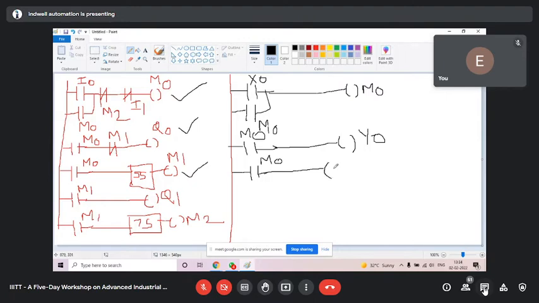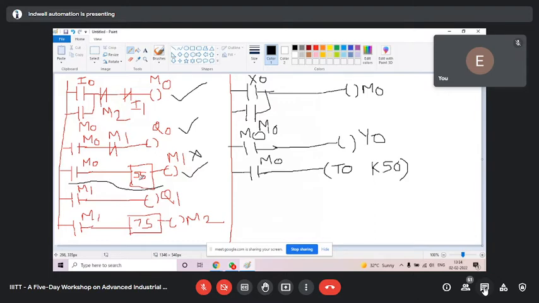Timer we take in coil. You see, this is the first timer. So I take T0, not TO, T0 space K50 for 5 seconds. What should I write? Yes, K50, very nice. K50. Correct. Got this, everyone? Did you get? We made the program up to this, not this one. We did not make it for M1. We made up to M0 and 5 seconds. Correct.